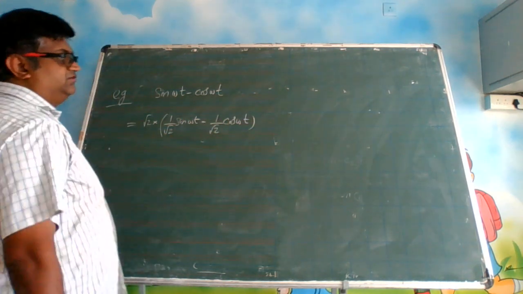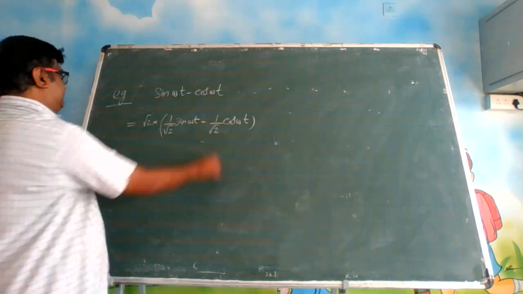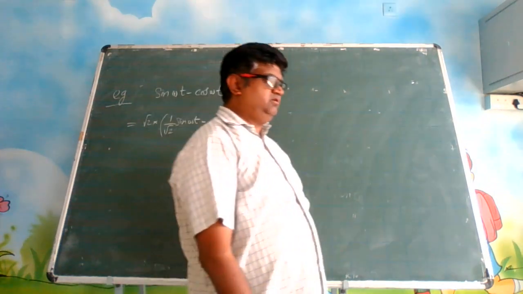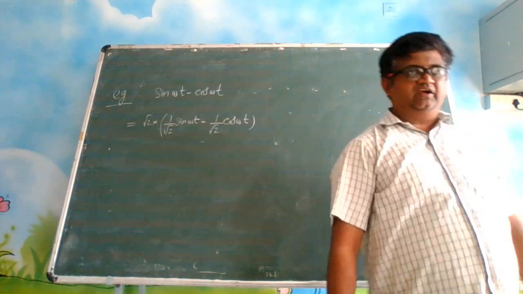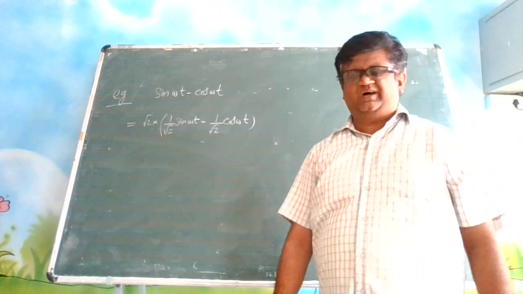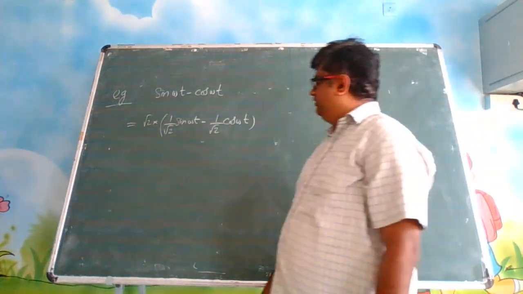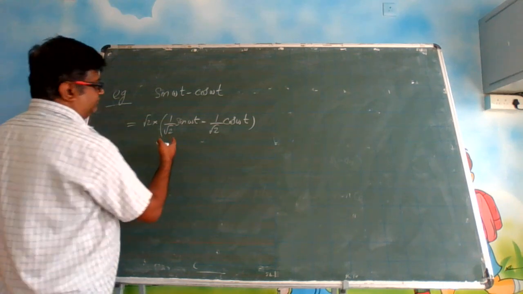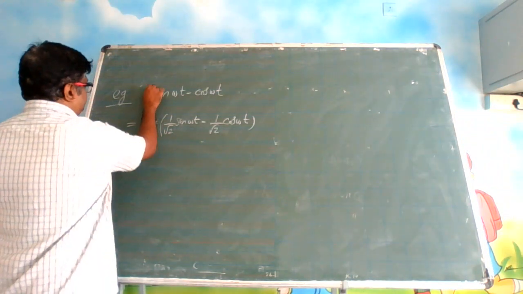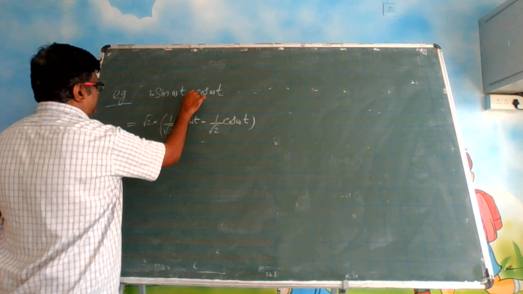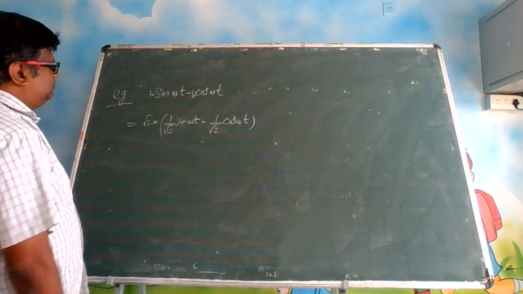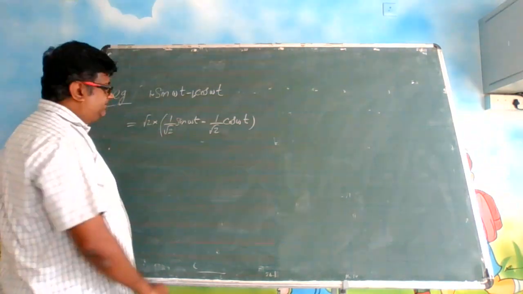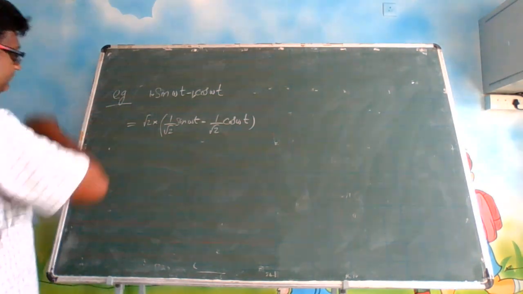Why am I writing like this? Because if I can convert this into a single sine function or a cosine function, I can confidently say that this is a simple harmonic motion. So here what I have done is introduce 1 by root 2. Now where has this 1 by root 2 come from? This is 1 into sin omega t and this is 1 into cos omega t. So what is root over a square plus b square? It is root 2. Just like that you have to go.